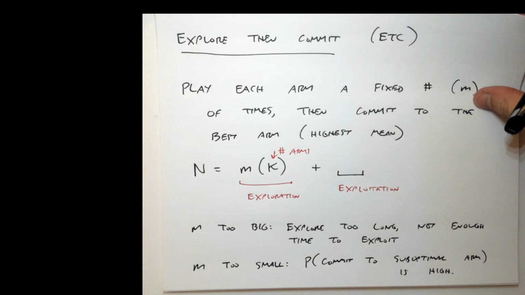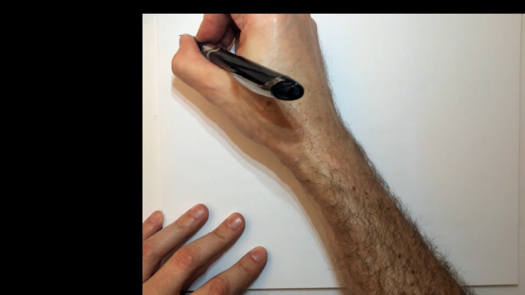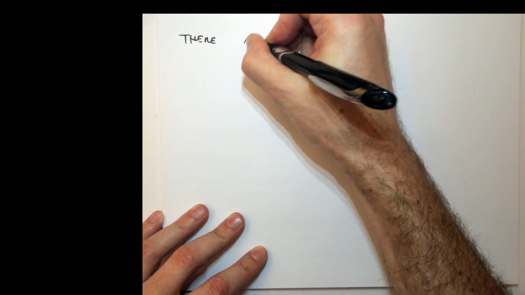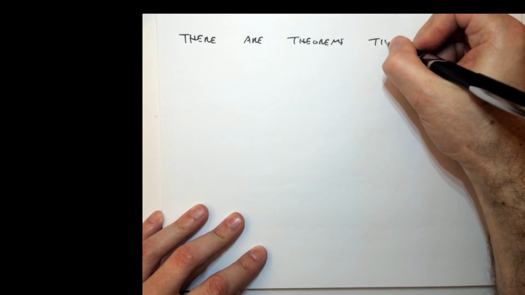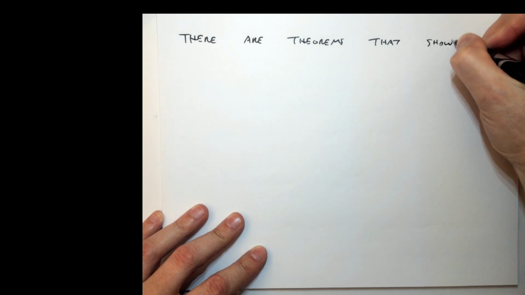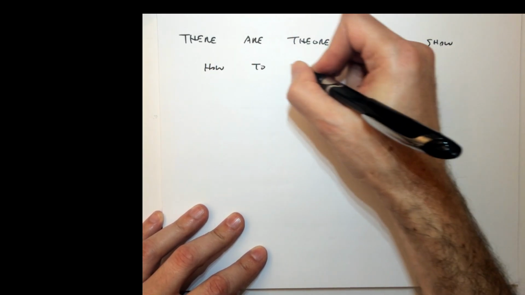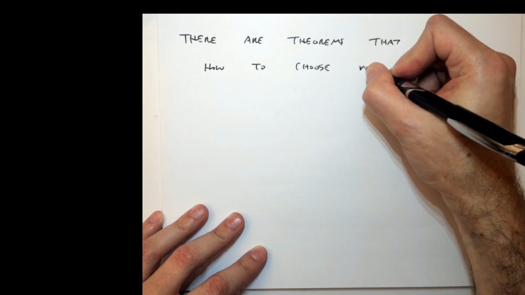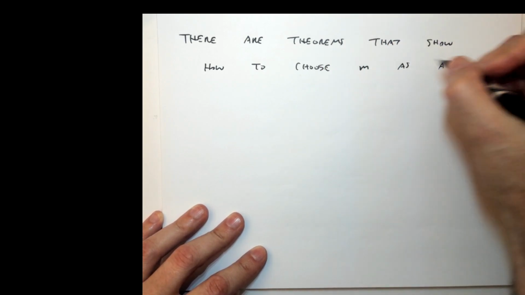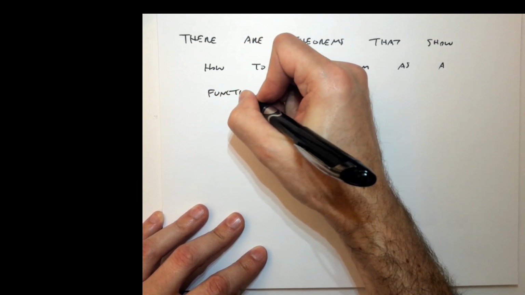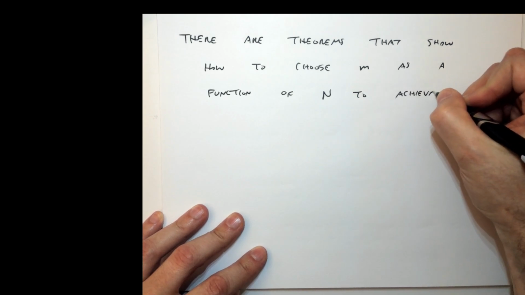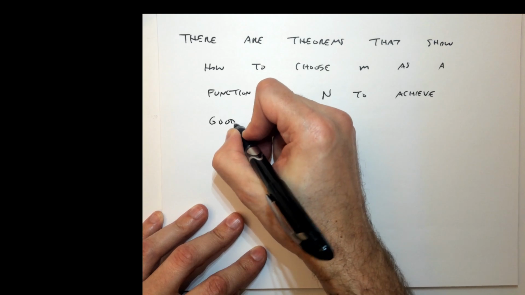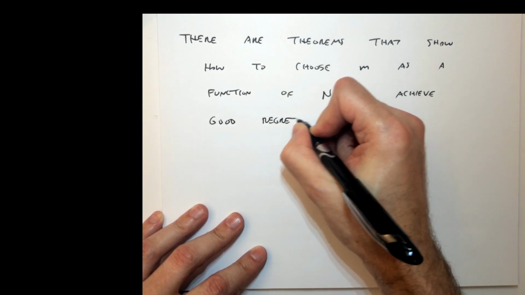One result is that there are theorems that show how to choose M as a function of N to achieve this kind of good asymptotic regret,